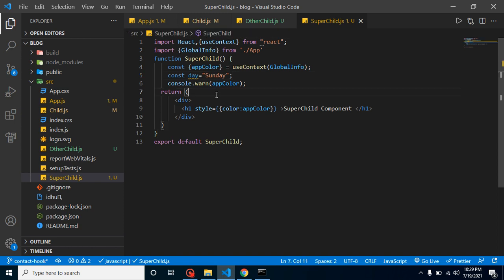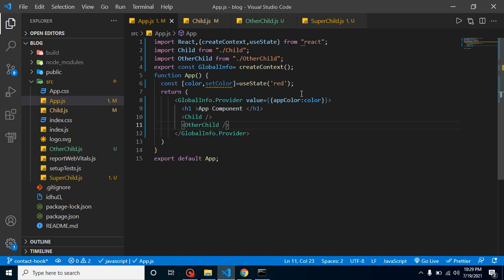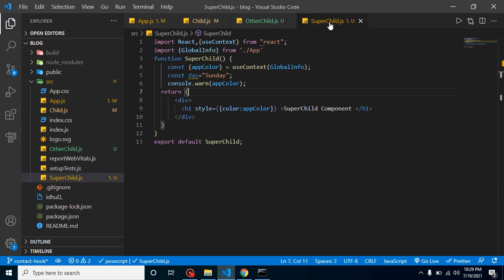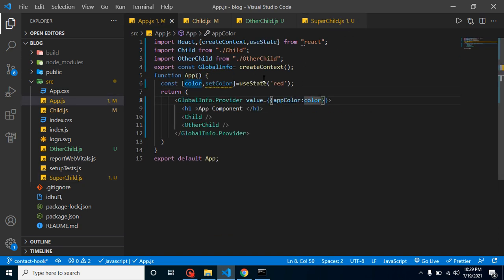For that, we have to make a function in our parent component. You might be confused why we have to make a function in the app component. We want to send data from child to app. So yes, again we just make a function here, and we will call this function inside our super child, and it will return the values. How? I will tell you.